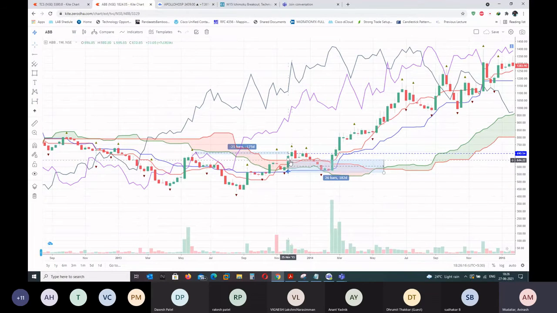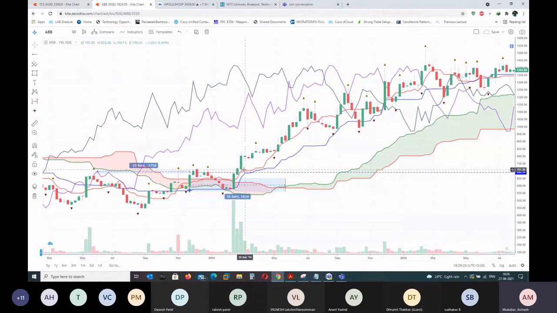So two rules are matching. The third rule, the Chikou span rule, is not matching. So you don't take the trade. If all three are matching, put a buy order above this candle and let the trade go. The exit is the same thing: you wait for the candlestick to close below Kijun-sen.